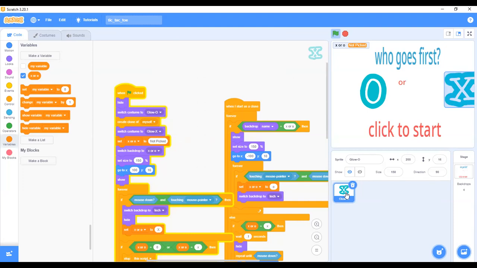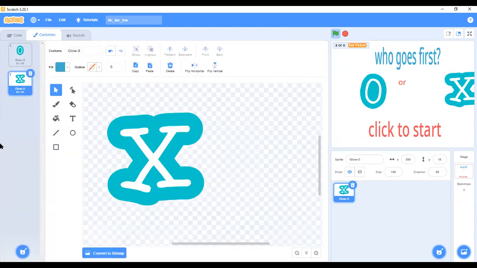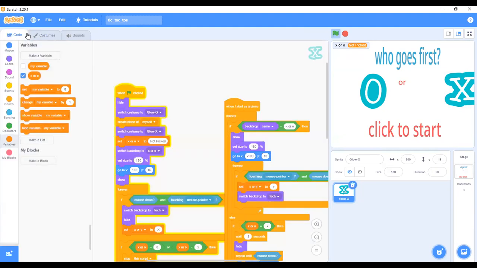This glow X switch costume is because it's your costume name. Excuse me, Mr. Joseph, is the O part of the background? Which O? The O that is beside the X.